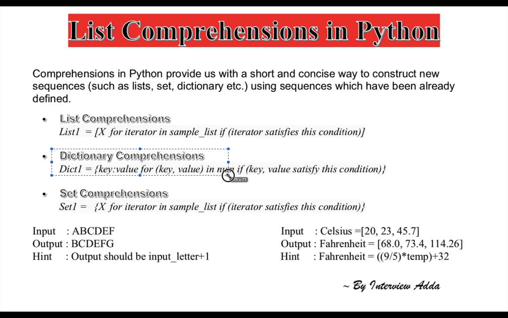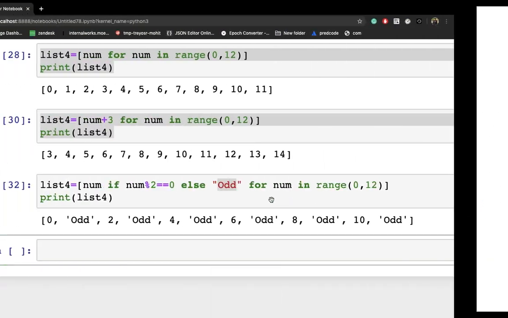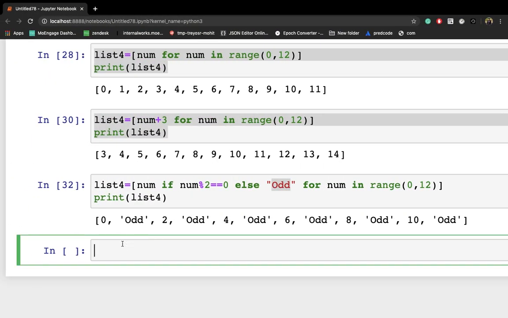Next we will see dictionary and set comprehensions as well. You can try it for set comprehensions too. So let me write one more example for a dictionary. Let's say I'm writing name here. In this list I'm providing 3 names. Let me write a few more names: Shashank, Rachit, Rakesh.